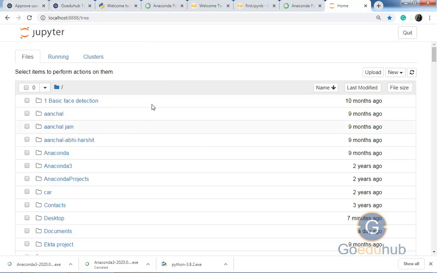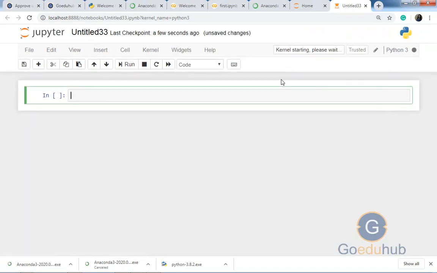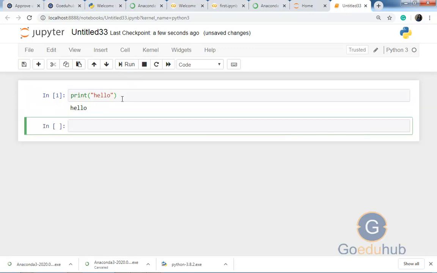So this is my Jupyter home, and here I can open a new file. Go to New and Python 3. Click over this. A new empty file will open and you can code here. Okay, like just I want to run some code. Print hello. Just run it by clicking this button, or you can use the shortcut, press shift enter together. Okay, so this is how you will install the Jupyter Notebook.